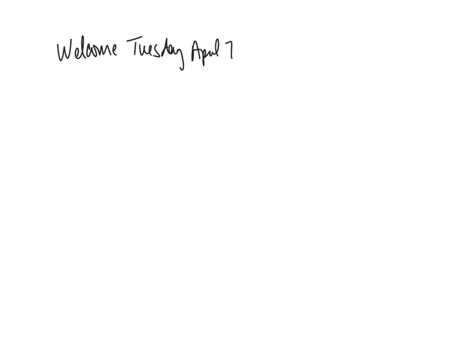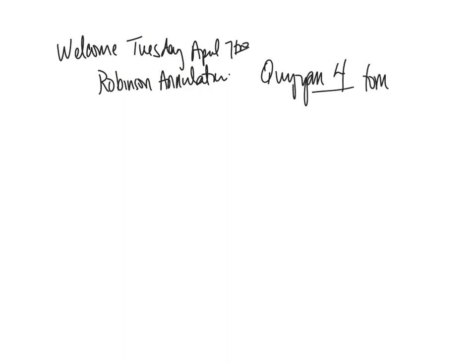April the 7th. And today we're going to do the Robinson annulation. And this is the last reaction that will be on your Quiz 4. That's tomorrow. So hopefully you're becoming very familiar with making your enolate as your nucleophile, and then that enolate attacking